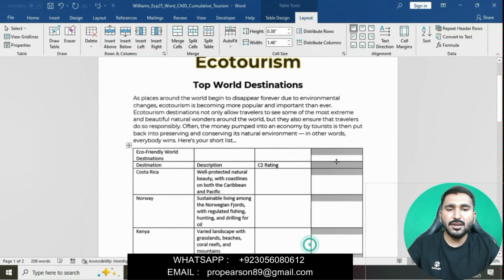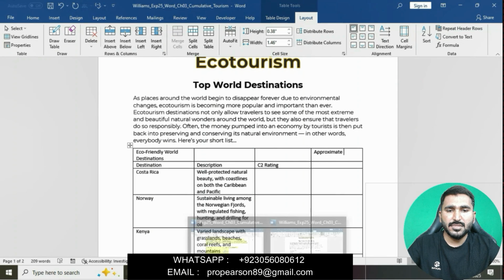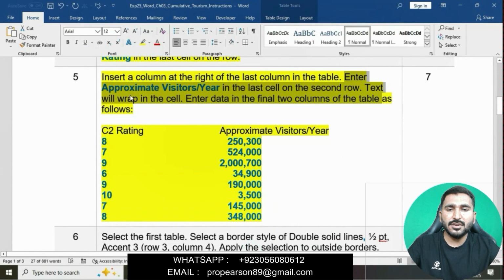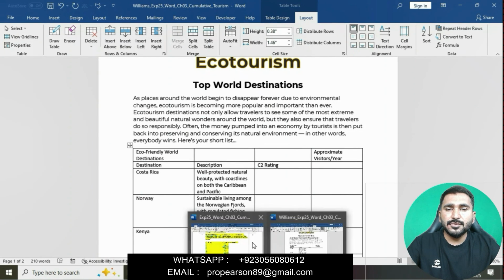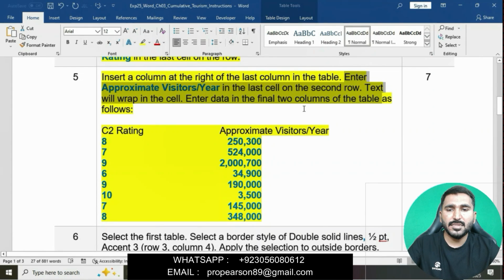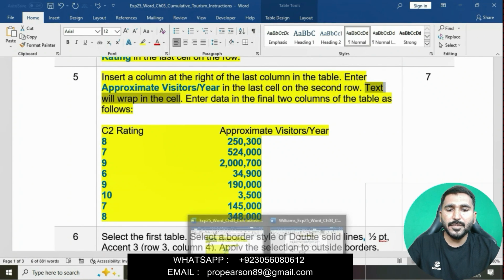Last cell of the second row. We will type here approximate visitor years in the last cell of the second row. Then text will wrap in the cell, so we will apply wrap text on this cell.